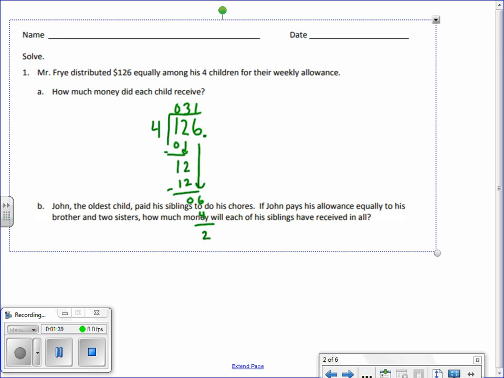Got to add a decimal point and a 0. 4 goes into 20 5 times. 5 times 4 is 20. Subtract, and we're left with nothing. Notice that we have